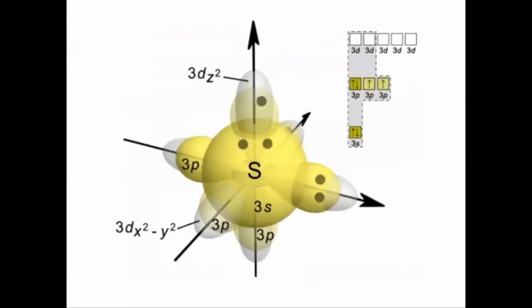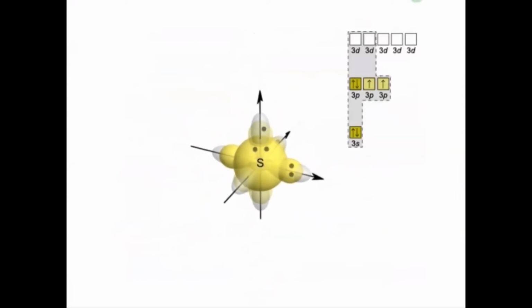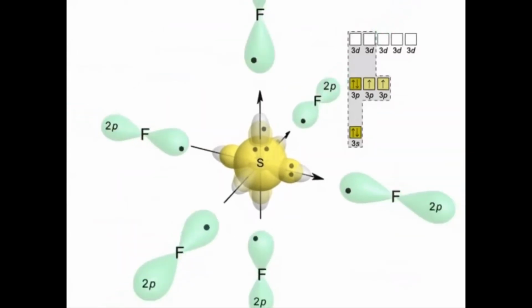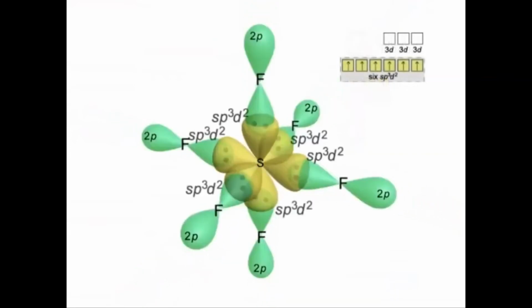Here you see the isolated sulfur with 3s, 3p, and the 2 3d orbitals that will become hybridized. In SF6, the 6 sp3d2 hybrid orbitals point to the corners of an octahedron, and half-filled 2p orbitals of 6 fluorines have